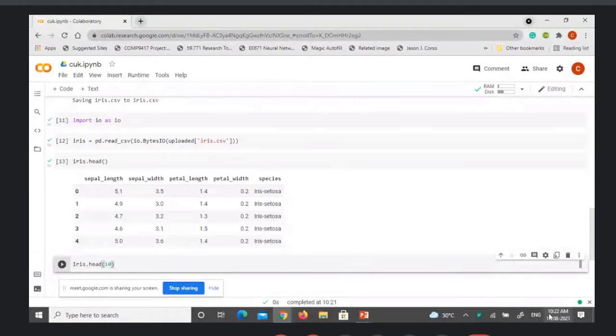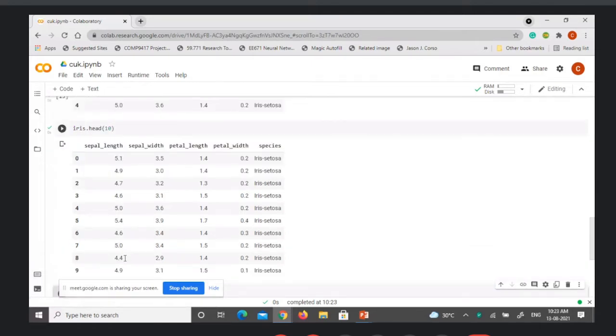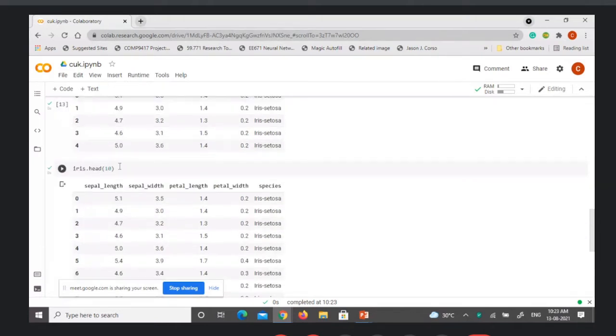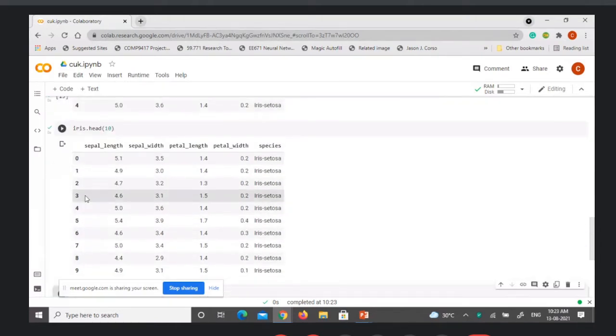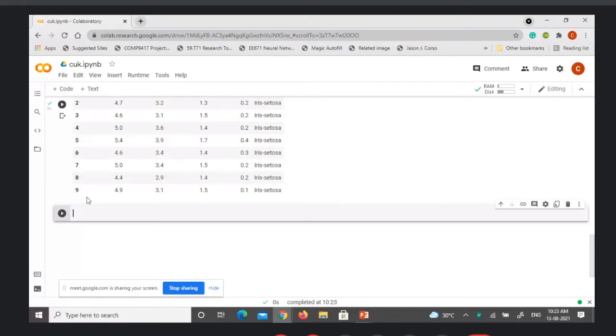When you say head with no parameter, you get 5 rows by default. But if you override that 5 with your own value, it will print that many rows. So when I say head of 10, I get the first 10 rows of information.